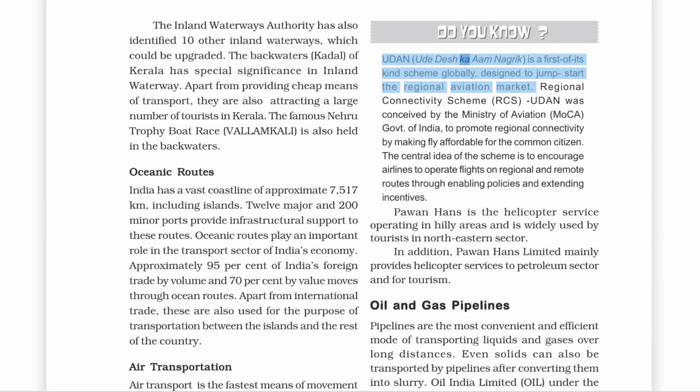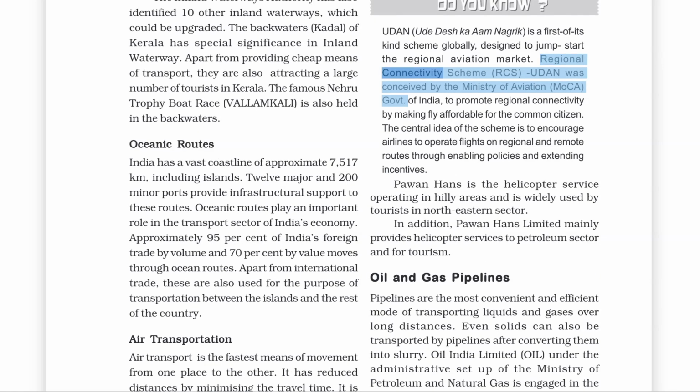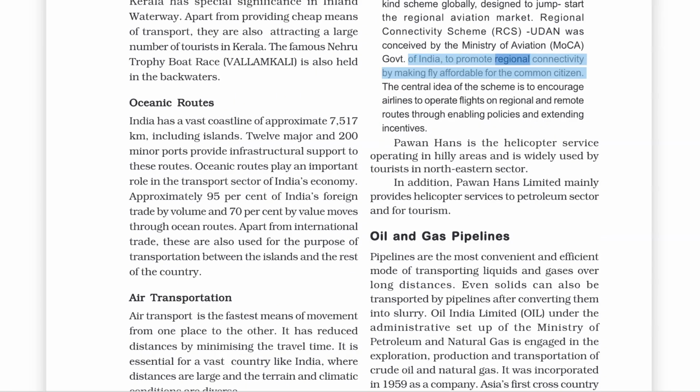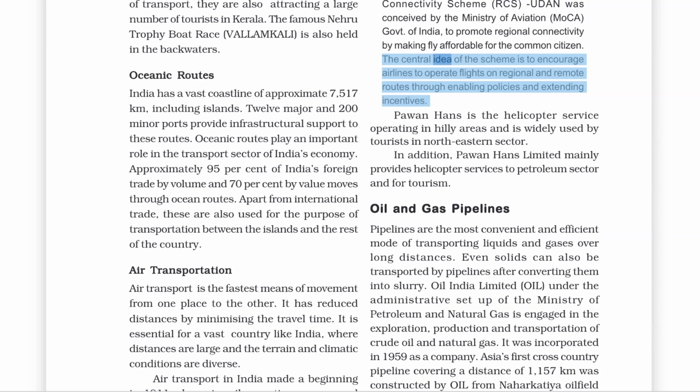Udaan Desh Ka Aam Nagrik is a first-of-its-kind scheme globally designed to jumpstart the regional aviation market. Regional Connectivity Scheme, RCS, UDAN was conceived by the Ministry of Aviation, MOCA, Government of India to promote regional connectivity by making fly affordable for the common citizen. The central idea of the scheme is to encourage airlines to operate flights on regional and remote routes through enabling